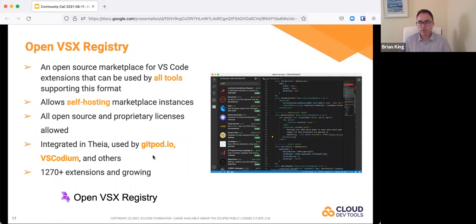I think that growth curve is very organic right now. It's growing, maybe if you're not looking at the video, you mightn't see what I'm doing, but it's more of a steady line of growth rather than a steep line of growth. But we like it that way because we're able to ensure that the service has all the resources it needs as it grows. In saying that, most of the most used and important, most adopted extensions are listed on the OpenVSX registry.